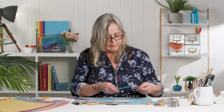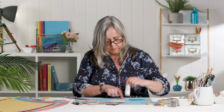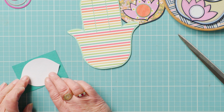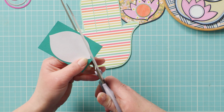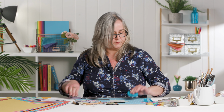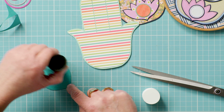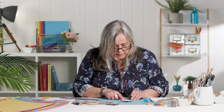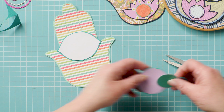So with the eye, do exactly the same thing. Cut your eye shape out from white. Mount it onto a strong colour. And the nice thing about cutting this by hand, rather than cutting with a die cutting machine, is it's quite therapeutic in its own right to do something slowly. So we'll stick the eye in the middle of the hand,